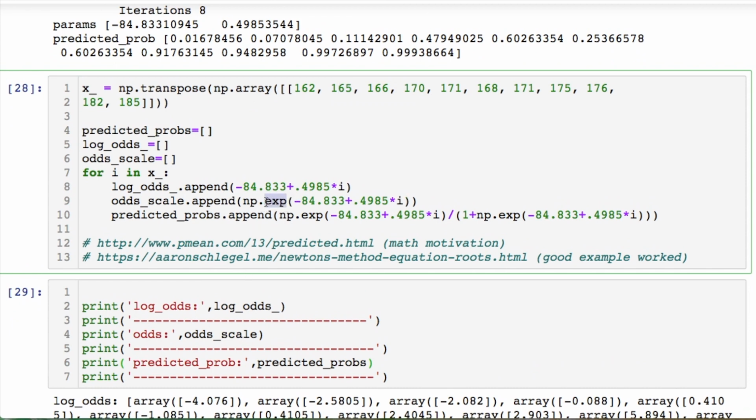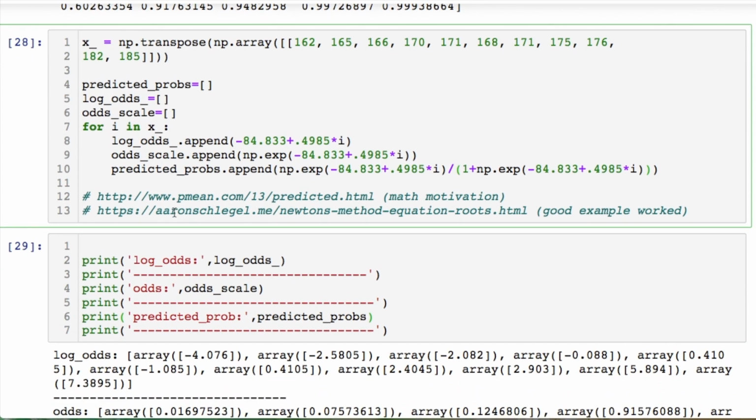Then I run an exponential on this. This is now my function, okay? So I plug this back and this is my function creating these. I run the exponential and now I get my odds. I take those odds, all right? I take my odds and now I put that in the numerator and then I go in the denominator and do 1 plus that. And that gives me my predicted probability back.